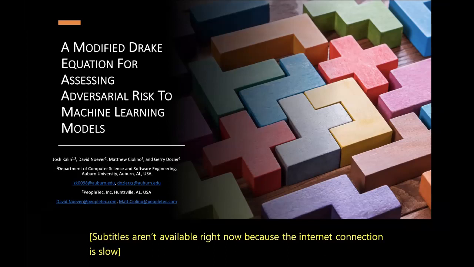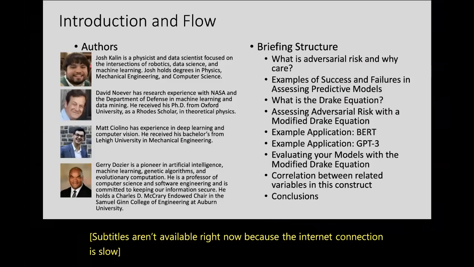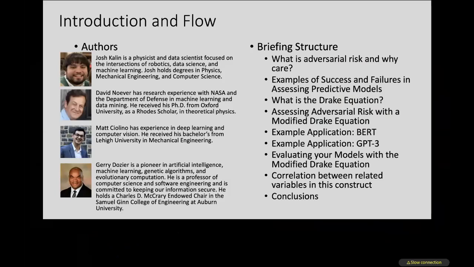adversarial risk and defend machine learning models in an uncertain world where adversarial attacks seem to be with every model that you produce. And this is the goal of this particular work, to provide some form of framework around how do you probabilistically estimate that adversarial risk, and then how do you come about finding ways to reduce that adversarial risk for production pipelines. So you can see on the left-hand side, we've got some bios from myself, my co-authors,